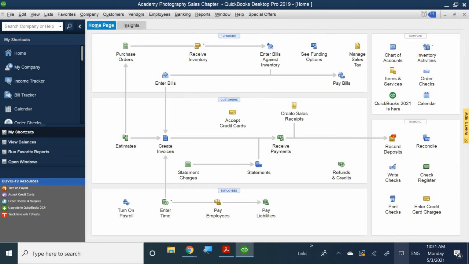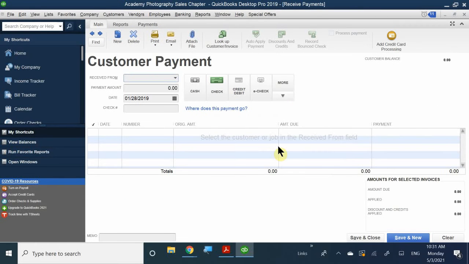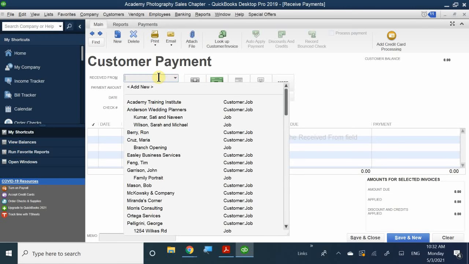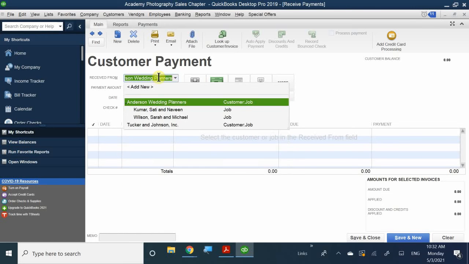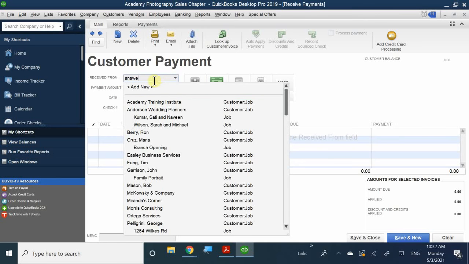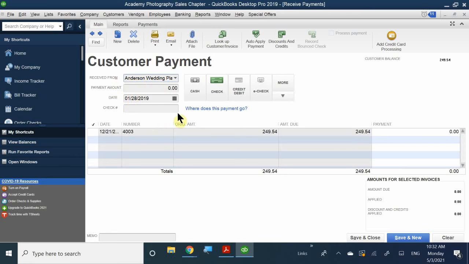And then, like I've briefly mentioned before, what happens if a customer decides to pay for only a portion of their bill? So I'm going to go ahead and do this example real quick. I'm not going to enter it in, but I do want to show you what happens when you report that. So I'm going to type in Anderson Wedding. Okay, Mr. Kumar and Sati, I believe, right? They have a bill, and it shows right here for the invoice number 4003 that they owe us